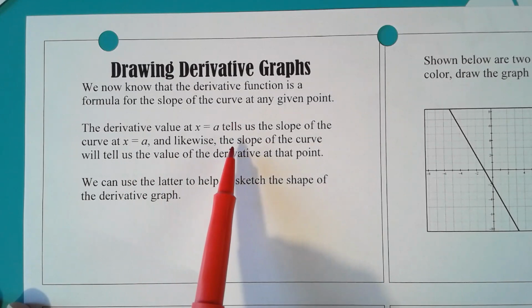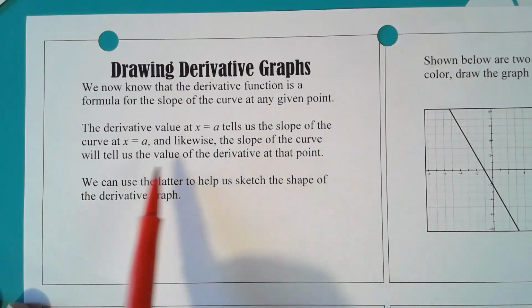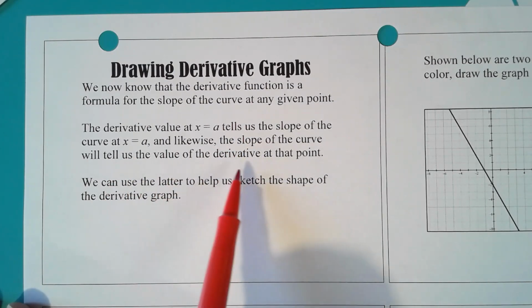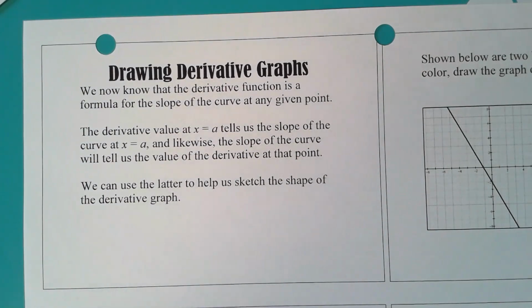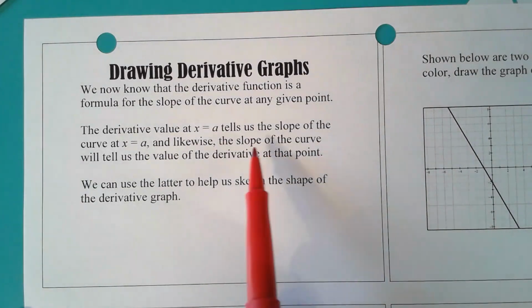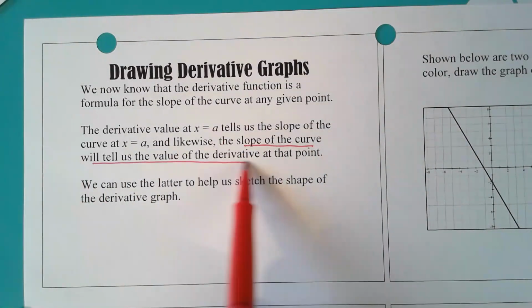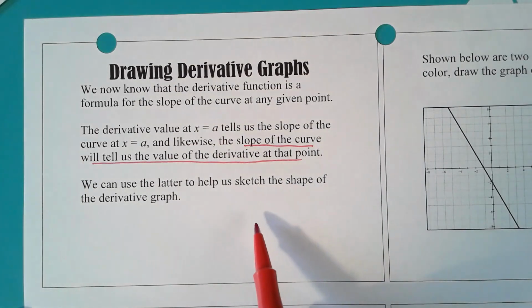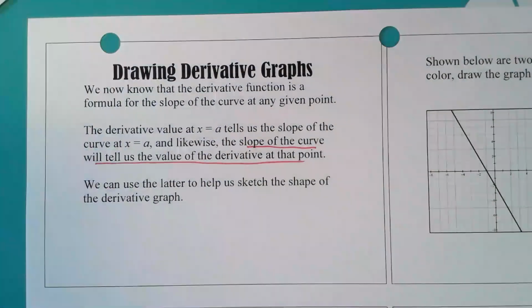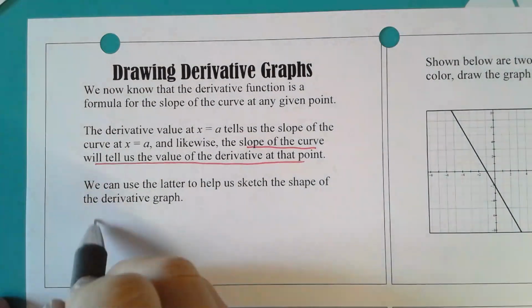Likewise, the slope of the curve tells us what the value of the derivative is. So we can read that back and forth. The derivative gives us the slope of the curve, or the slope of the curve will give us a piece of the derivative. And we're going to use this idea to help us sketch the shape of the derivative graph. So the idea today is,